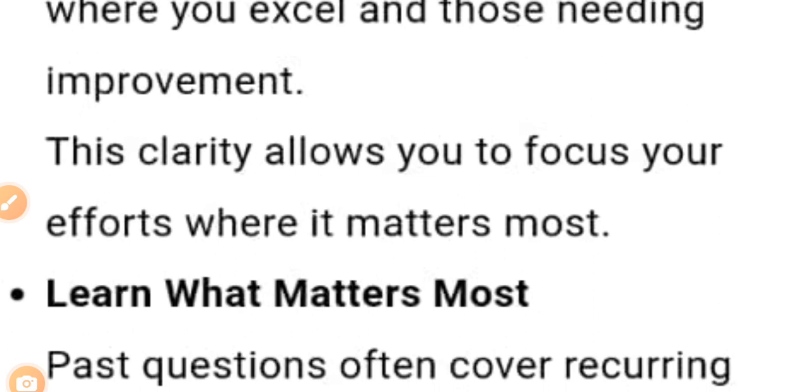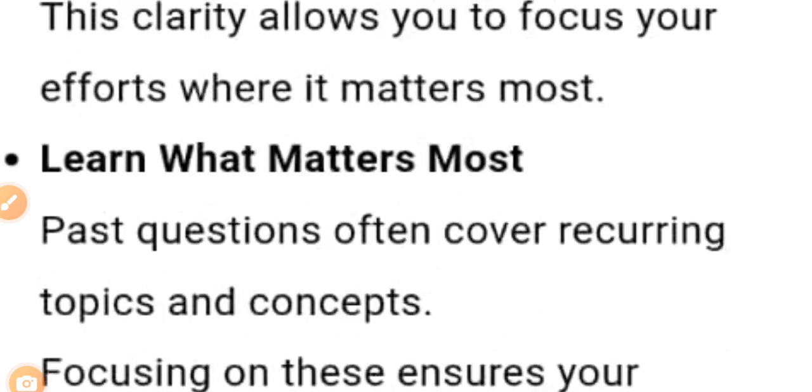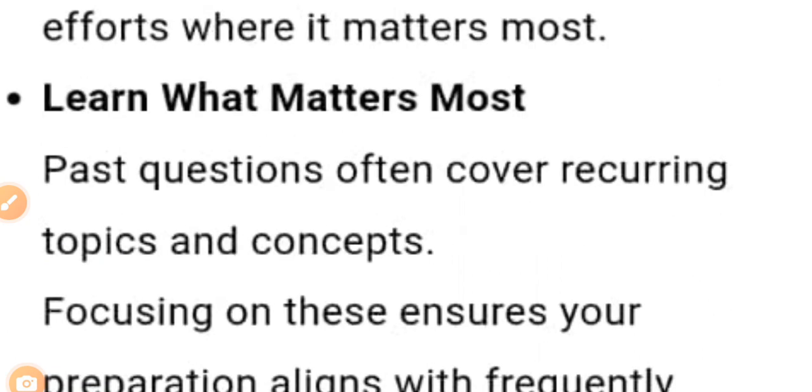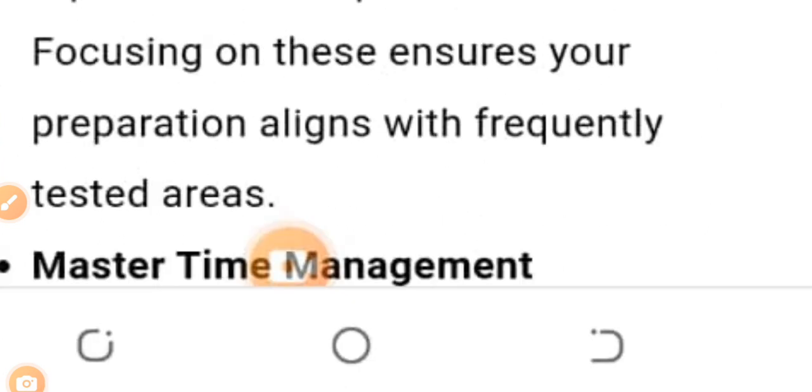It's very important. It will also tell you what matters most, like the subject that matters most, the topics that are always coming. By the time you do 2024 past questions, do 2025, do other years, and you see that in this subject, this particular topic is coming out consistently, and they ask the question in this pattern, in that topic, in that subject, you will know what matters most. You will know where to channel much of your effort, right?